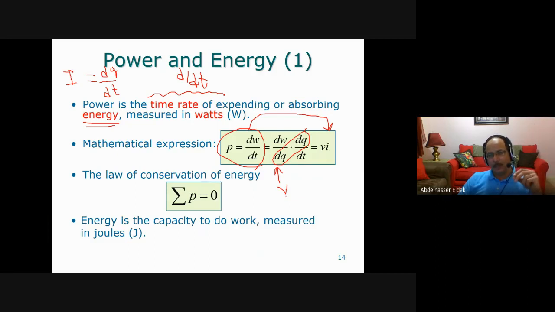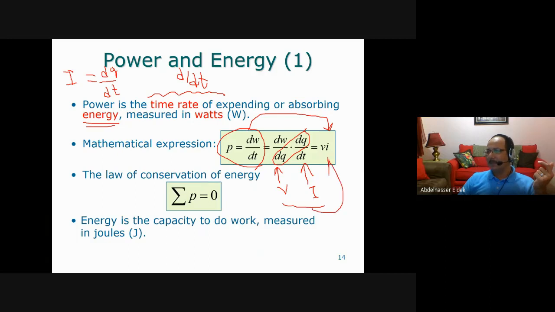If you return back to the slide, dW by dQ is the voltage, and dQ by dt is the current. So in this case, power equals